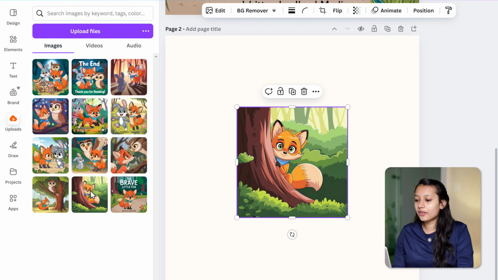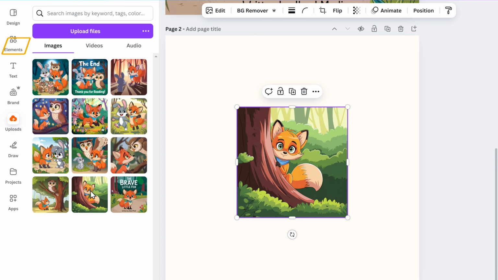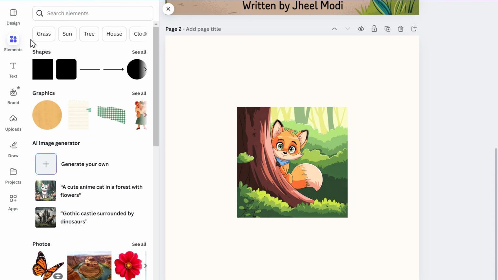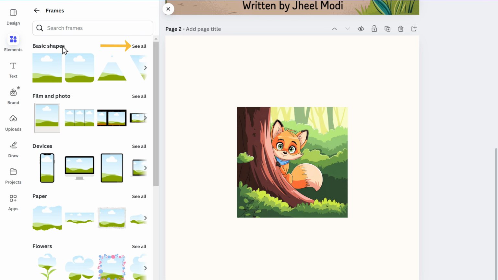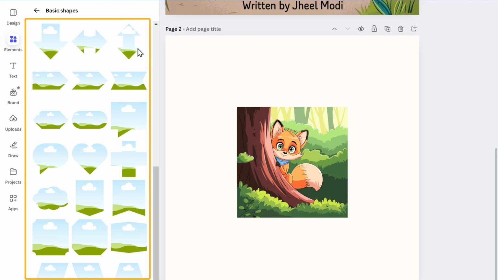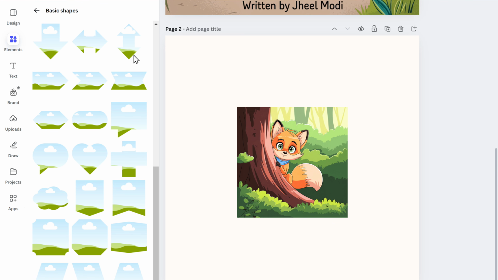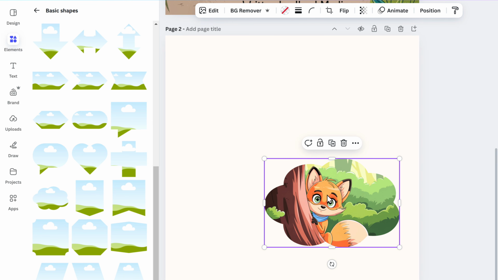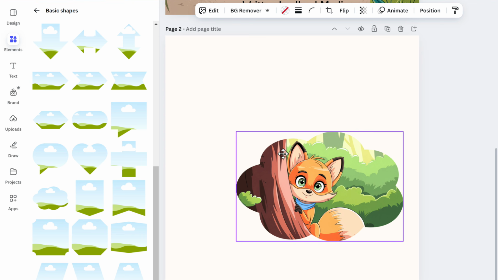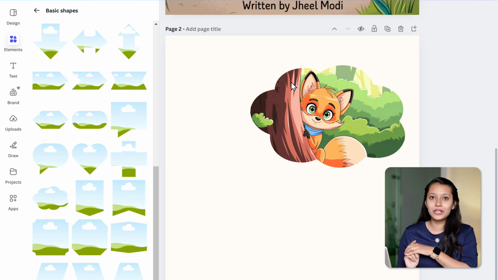So, to make it more attractive, we will add a frame. Go to Elements, search for frame and click on See All. As you can see, we have many options to choose from. Just select the one you like. Now drag the image onto the frame like this. Once the image is inside the frame, we will adjust it like this. This looks much better, right?